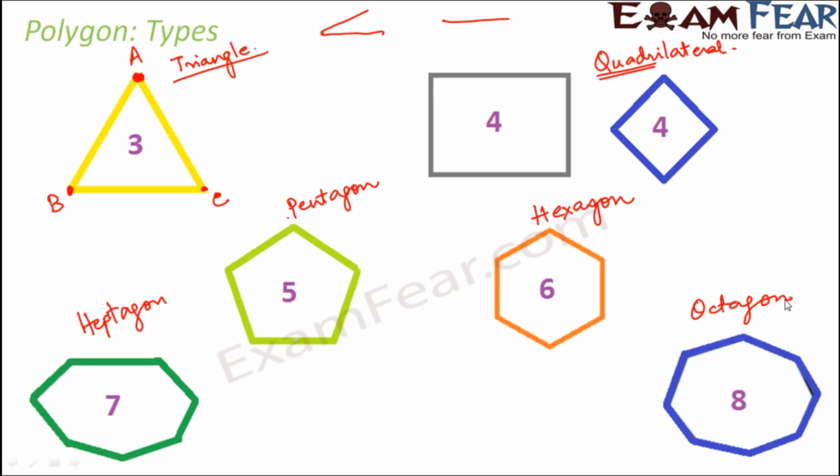So thus we see that any polygon has a number of sides 3 or greater than 3. It could be 4, 5, 6, 7, 8, 9, 10, 11, 12. So we can say that any simple closed curve with n sides can be called an n-gon. That is how the naming convention is. Looking at this, you can guess pretty easily that there are many different types of polygons that can exist.